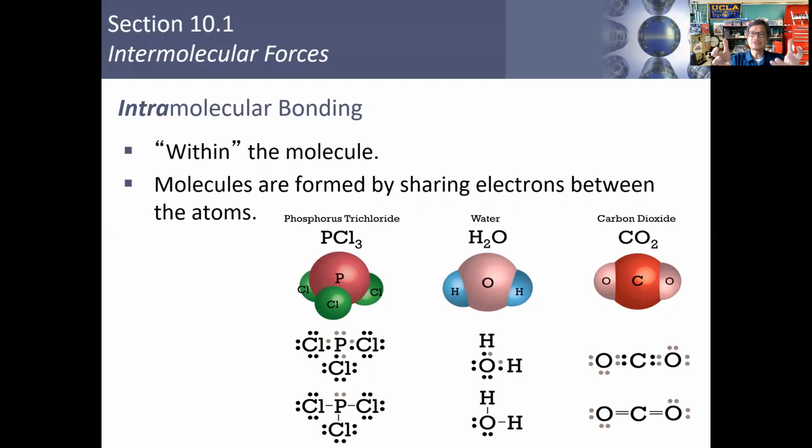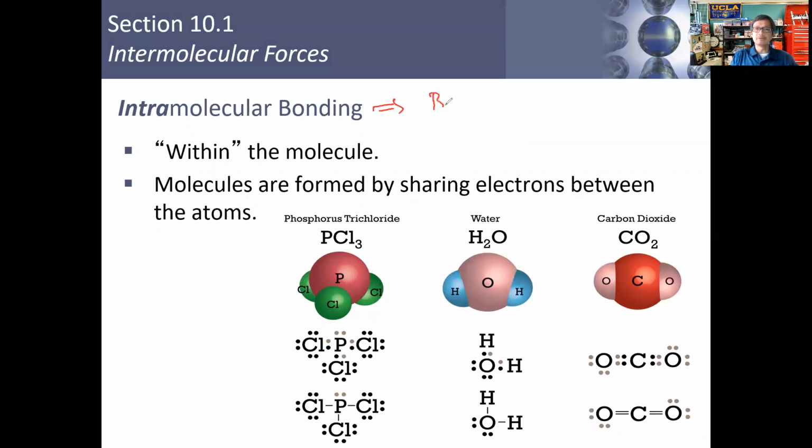Okay? So let's differentiate between what we refer to as intramolecular bonding or intramolecular interactions, as opposed to intermolecular interactions, which is what accounts for the similarity in states between liquids and solids, and the difference in states between the liquids and the gases. Okay? So first of all, the intramolecular interactions, the interactions within a molecule, between the atoms within a molecule. The other way we can put this is that this is just bonding, folks. When we refer to intramolecular interactions, we are referring to the bonding